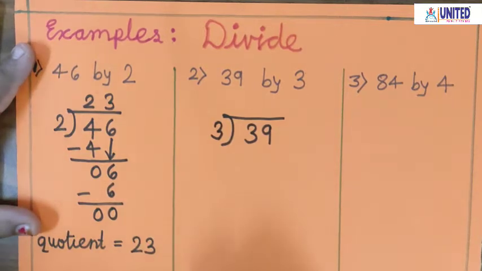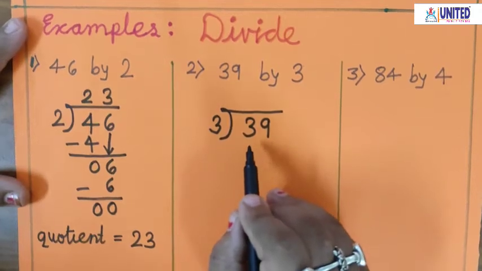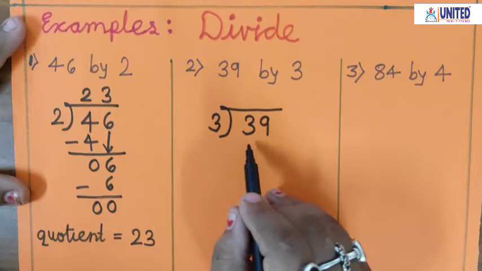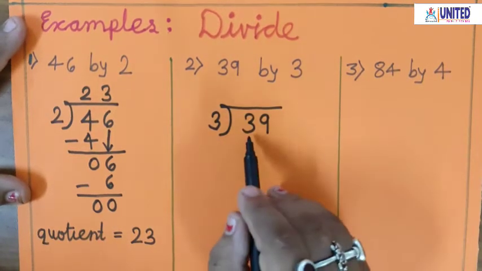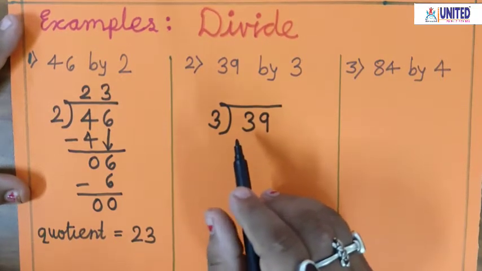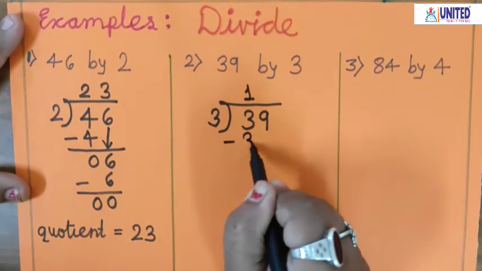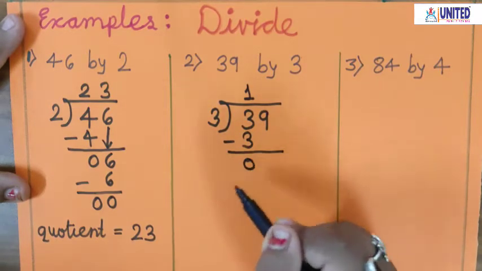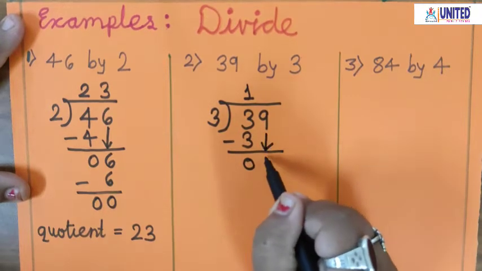Okay, now you can check the first number. So if the first number in the dividend is greater than or equal to the divisor, then we can divide. Okay, so 3 is equal to 3, so that we can divide. That means 3 comes in the 3 table. So at what place does the 3 come? 3 1s are 3. So we write 3 1s are 3. Right? Now 3 minus 3 is 0. Now which number is remaining? 9. So we take the 9 downside.